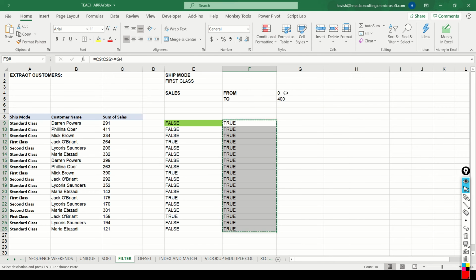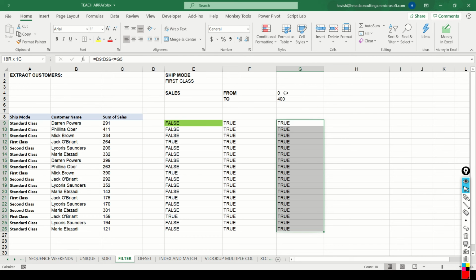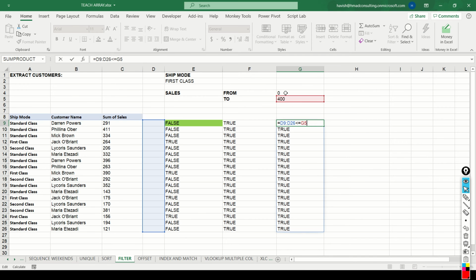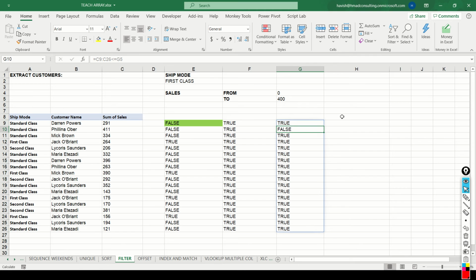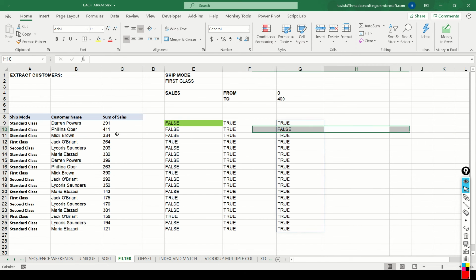And we can do the same thing one more time, where we say that C9 to C26 is less than equal to G5, and you get some trues and one false here because this number is greater than 400.